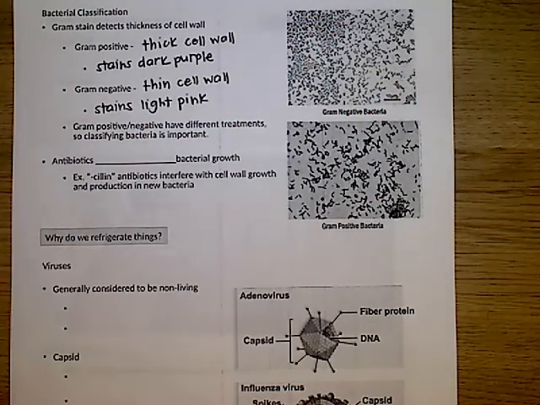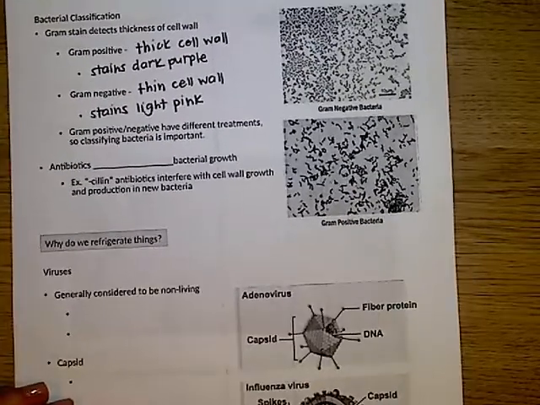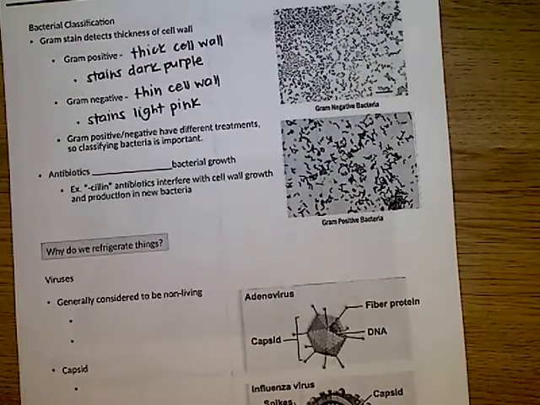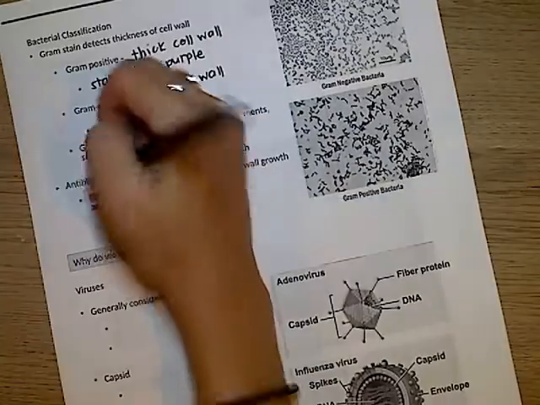And the reason we even have this type of stain on bacteria is gram-positive and negative bacteria have different treatments, and so you want to know which type you're dealing with, because you're going to treat the infection differently depending on that. So that brings us to antibiotics, and what they do is they inhibit